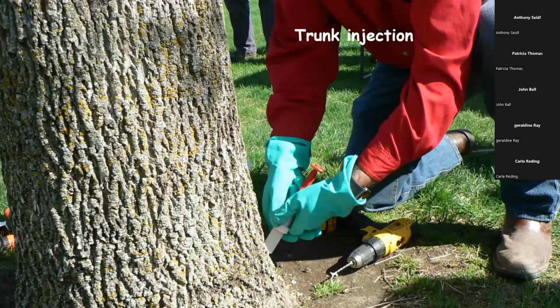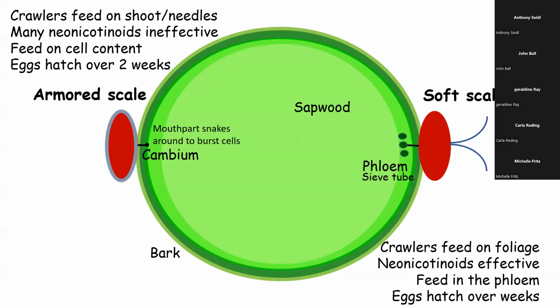Both those are means of reducing the exposure of the chemical to the parasitoids and predators that are out there feeding on them, particularly by injecting it in the trunk, or in some cases, you could spray these as a basal spray on the lower trunk of the tree. And by doing these means, you're reducing the impact on everything that feeds on the scales.